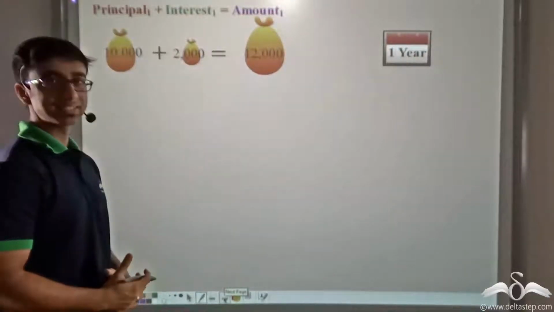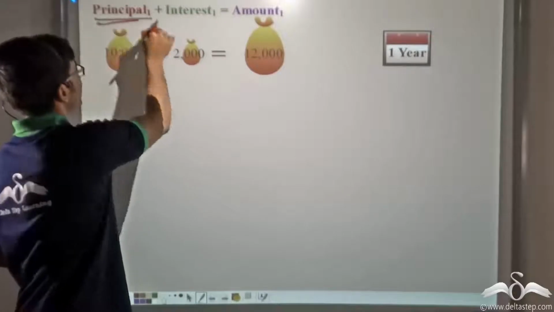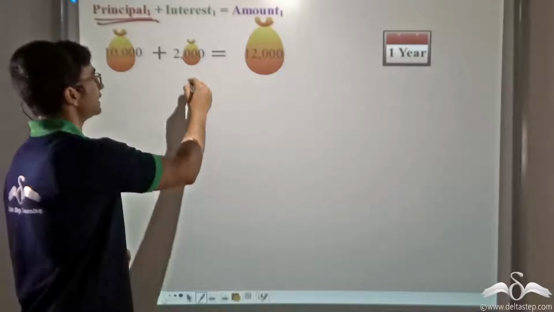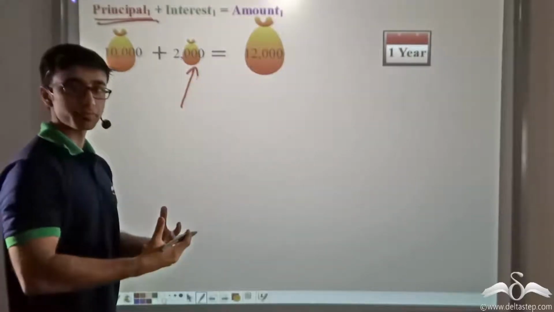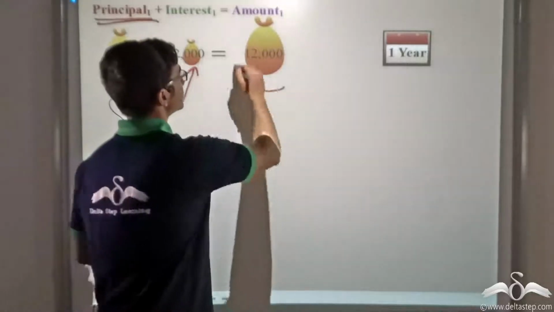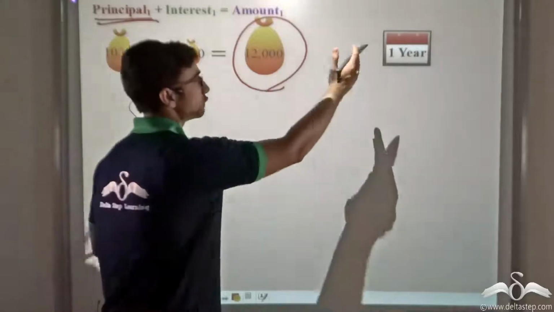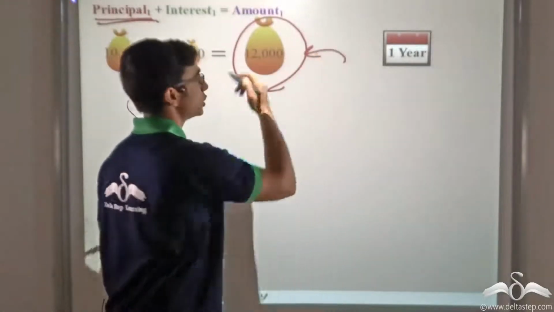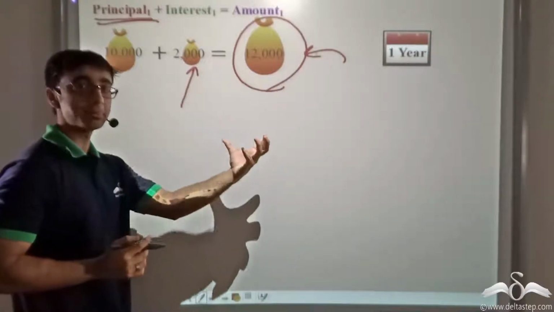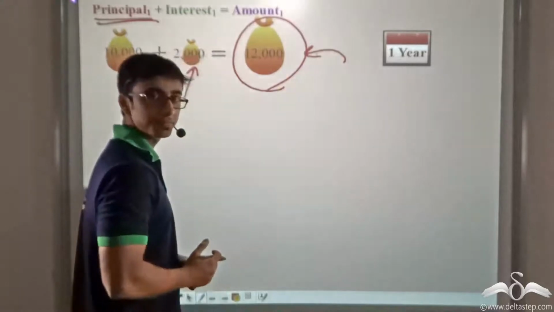So over here, let's see what is happening. Principal, that is the amount of money that Daniel is originally borrowing, is 10,000 rupees, and the extra amount of money that Daniel is paying is 2,000. So the amount of money that Daniel is paying back at the end of first year is 12,000, but Daniel is not giving this money back to Narayan at the end of first year. He is keeping that money.